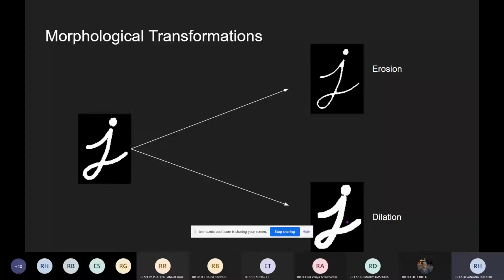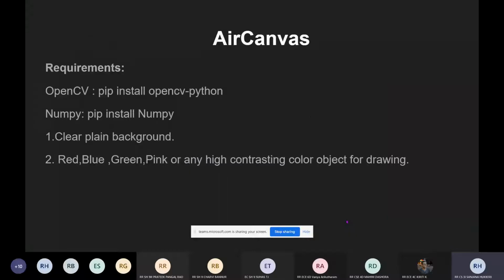These were some basics of OpenCV. Now, no more theory. Let's go on to the main part, the code. Yes, Mahim, over to you. Okay, so now we are done with the basics. Let's get started with what we are doing in today's workshop. We'll be creating an air canvas. So what will happen next? Just stay tuned and be patient.